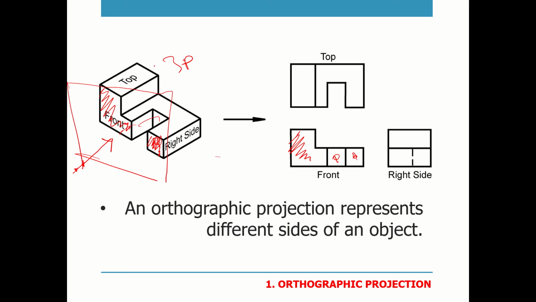Also, if I look at it from the top, what are the things that I see? This is the first step, and the second step. And this is the right side. If you see from here, this is one face that I see, this is the second face I see here. In addition to that, you also see something here. If you see the right view, there are no such lines here. This is just an indication. It is a hidden line.